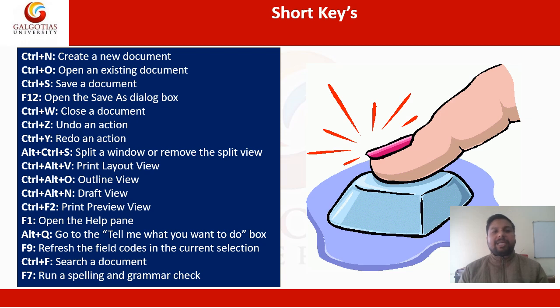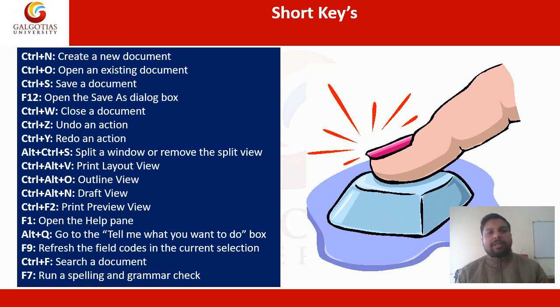Control Z is basically undo. Undo means if by mistake you do something, then just click Control Z and that will erase it. That is called undo. And Control Y is redo. If by mistake you have done some work and you feel that it is wrong, and you did undo, but after that you realize that it was right, how will you get it back? You will use Control Y. Control Y means redo. The undone part comes back again.